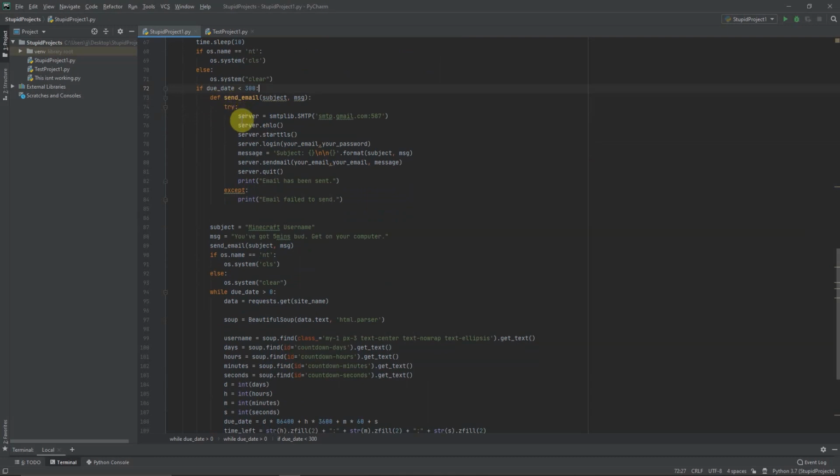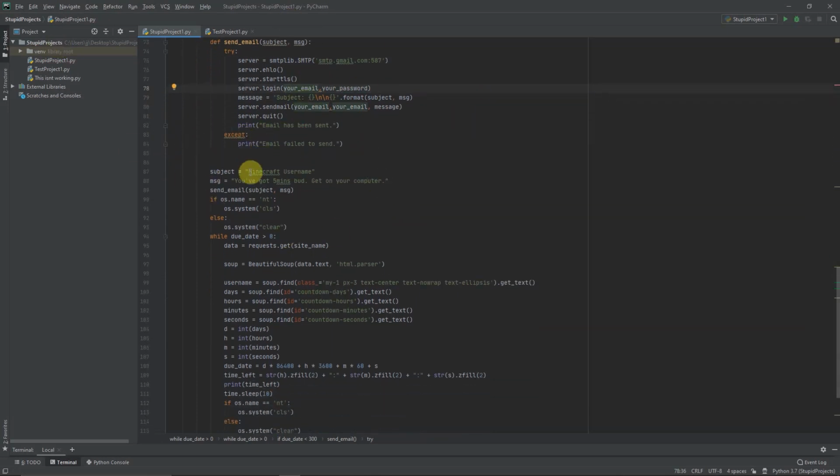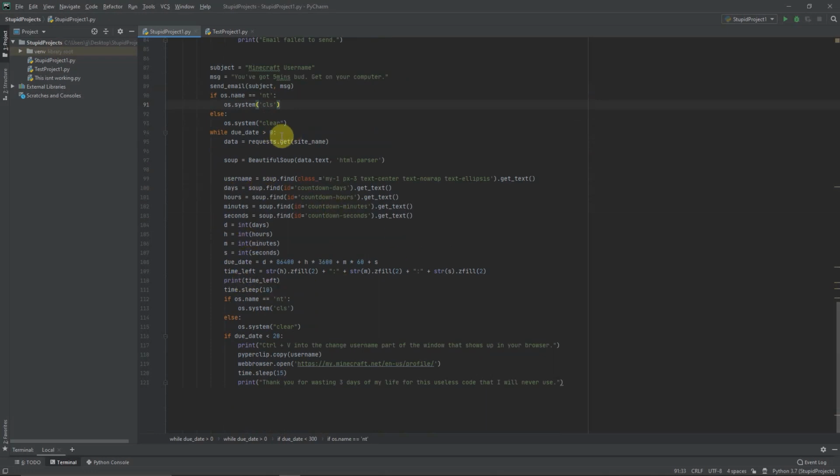It'll start an SMTP server, which is a mail server, on gmail.com, which is port 587. It'll encrypt your traffic, because I'm cool like that, and I want to make sure you guys are protected on the internet. Then it'll go ahead and get your email and your password. So, let me just fix that real quick. It just formats the message, sends the mail. This is the contents of the mail. And then if we go down here, once it is